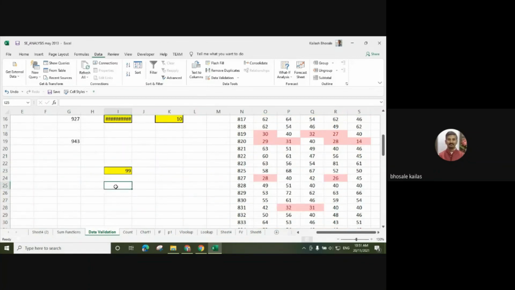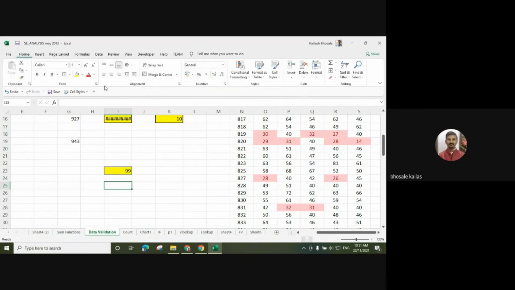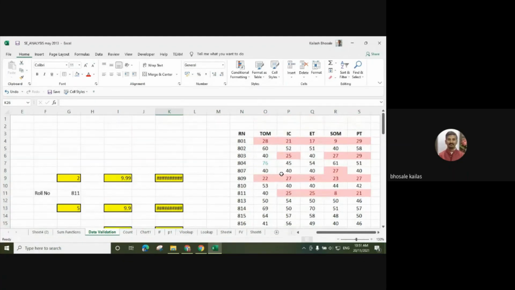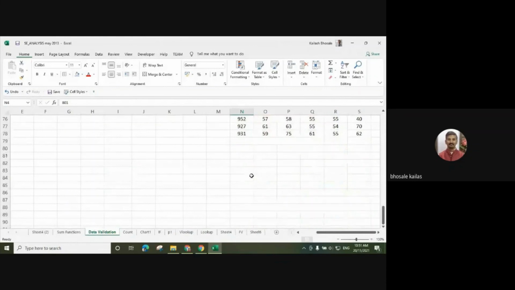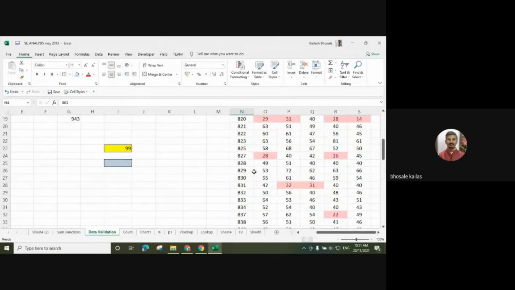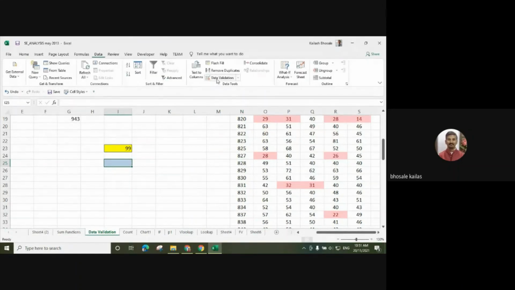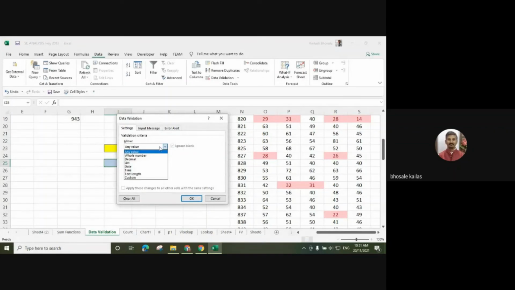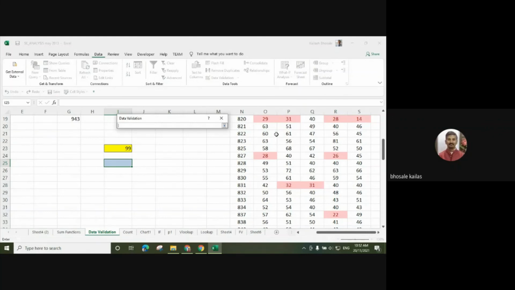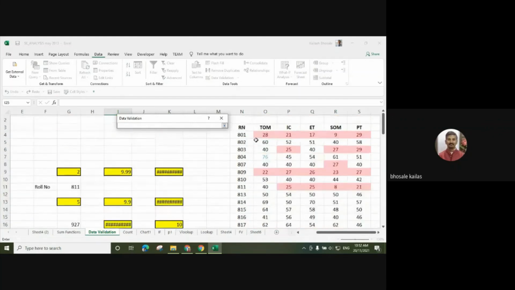There is another data validation we can add, that is list. So click on this data validation. Select any cell here. The value in this cell will be, suppose, the roll numbers. Roll number asking. It will give us the roll number between 8012 to 931. For that purpose, I can also use the data validation tool. Select this data, then go to the data validation. Then select the list. What is the source? We have to give the source to this data.